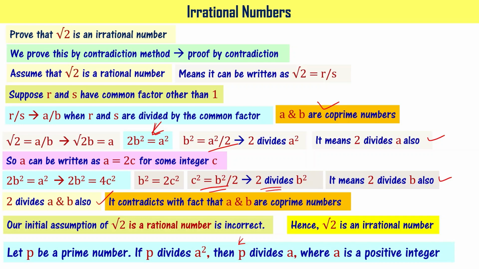We start with the assumption that root 2 is a rational number, and when you apply this particular statement and a few concepts, then you end up with some contradicting statement like this. When you have such a contradicting statement, the idea is that whatever assumption you made is incorrect. Hence, we can say that root 2 is an irrational number. Similar way, you can do this for root 3, root 5, root 7, or any of the irrational numbers for that matter. Let's take a look at another example.